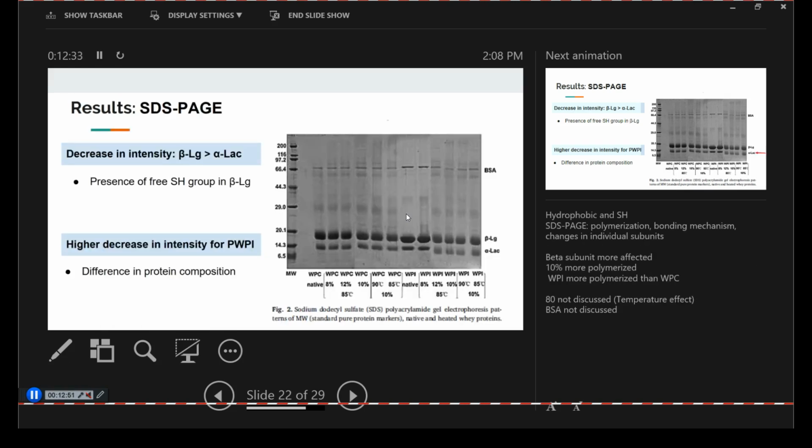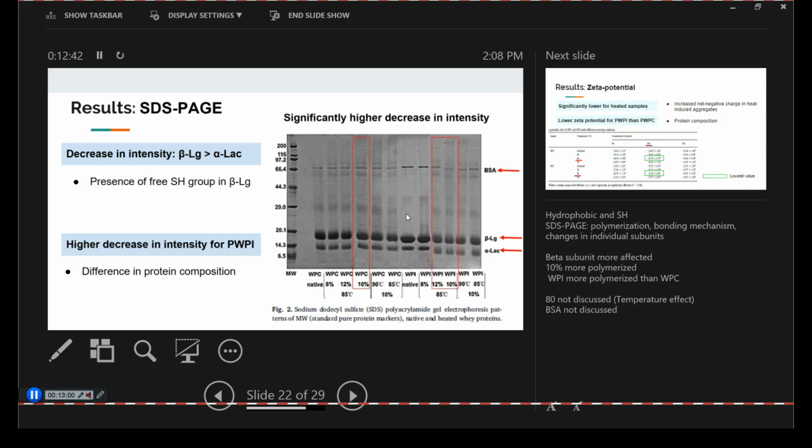These are the results for the SDS-PAGE gel. The major bands that were seen were alpha-lactalbumin, beta-lactoglobulin and bovine serum albumin. There was a decrease in intensity, higher for 10% protein concentration at 85 degrees Celsius. So this suggests that the whey proteins at these conditions were more polymerized. The decrease in intensity was greater for beta-lactoglobulin